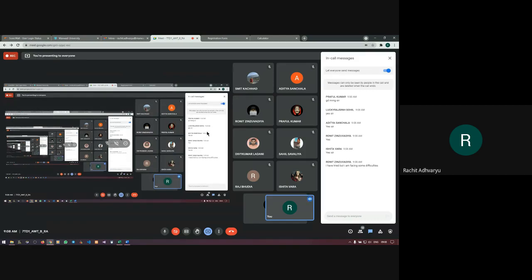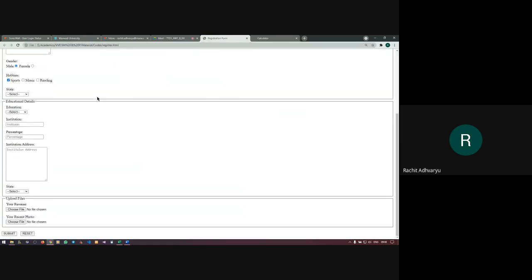Ronit, there is nothing difficult in this particular registration form. You only have to use proper table tags and some miscellaneous tags of HTML.